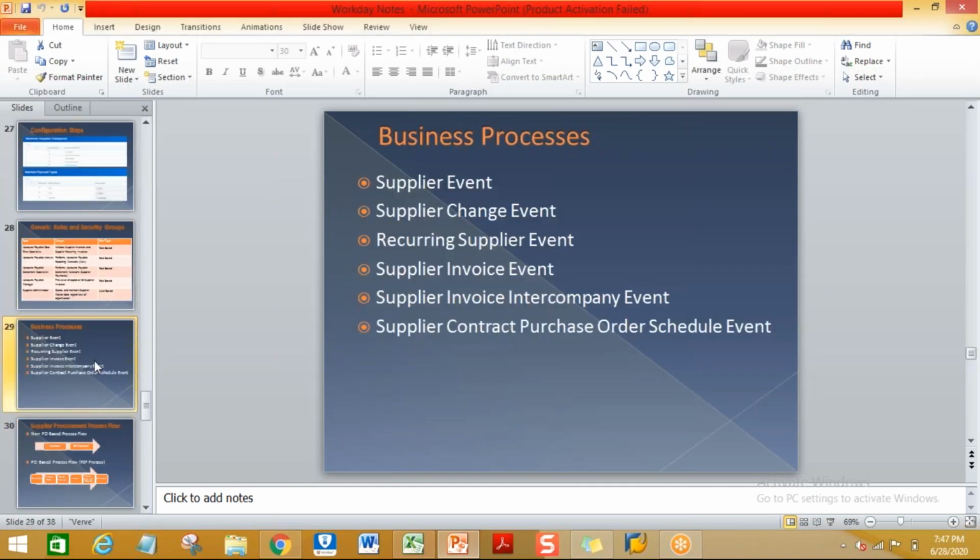The third one is business processes. So what do you mean by the business process? You're already a Workday HCM consultant, right? It's a rule set for how things are executed day to day. To complete a business transaction or activity, you have to maintain a certain sequence of steps.